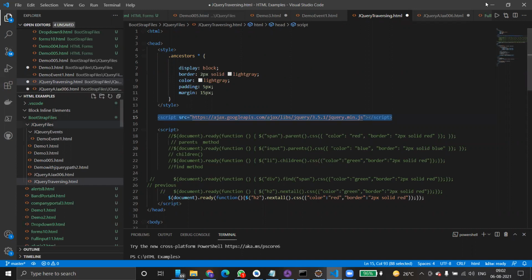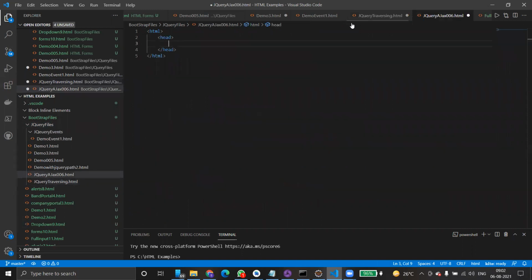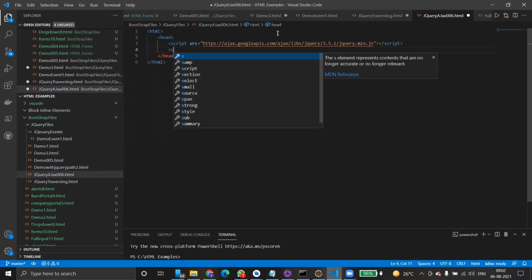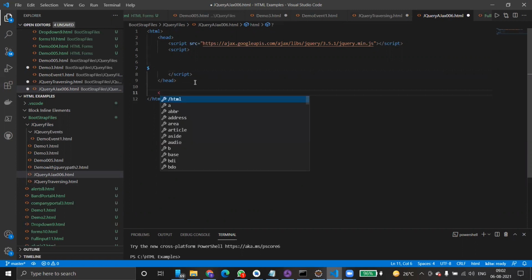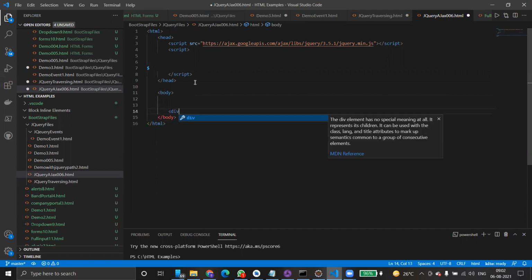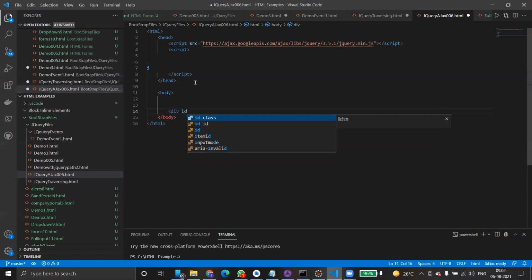Then another script. Before that, let me build the body. Inside body we have a div with id equals to div1, then closed.